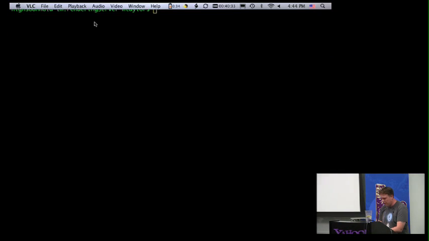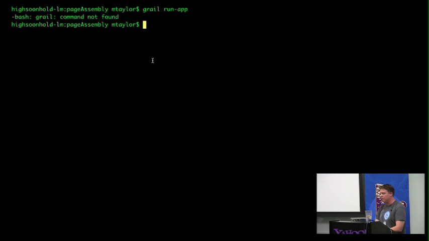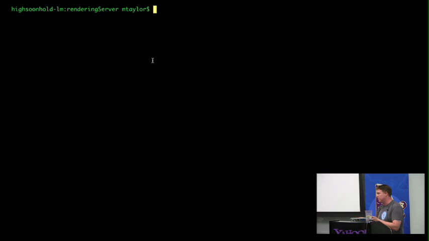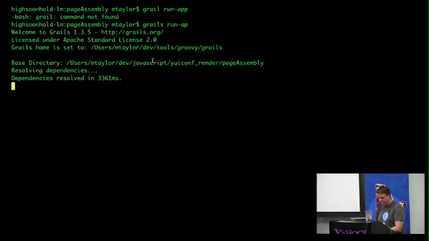So now I'm going to show you the actual demo. I'm in my page assembly server directory in this GitHub that I showed you. I'm going to start up the Grails server. This will take a little while, but the Node app, which is the rendering server, which I also have to start up because they communicate to each other, is not going to take long at all to start up. So while Grails is still starting up,